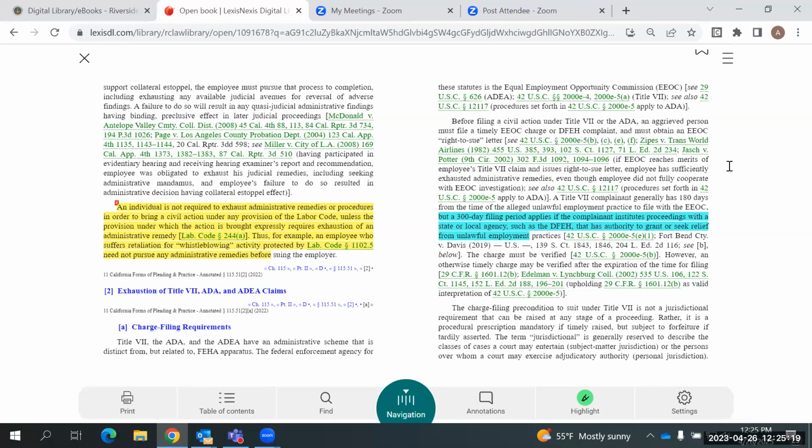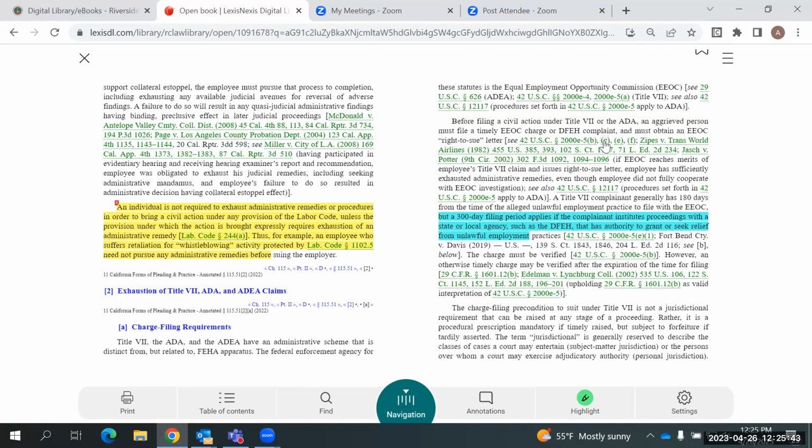Okay, just a couple other things to point out when you're inside one of our texts. You'll notice quite a few hyperlinks. Anything you see hyperlinked in blue will just link you within this one volume. Anything you see hyperlinked in green, those are going to be your cases and codes. Those would link you out to that case or code on Lexis Advance or Lexis Plus, depending on what you